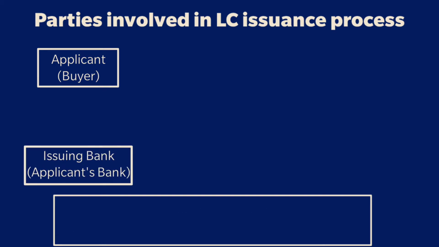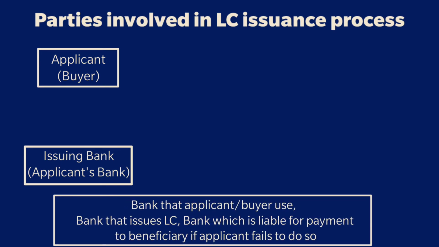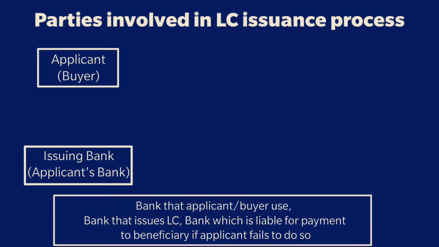Now, the issuing bank, which is also known as the applicant's or buyer's bank, is the one that issues the letter of credit on behalf of the buyer for the trade agreement or sales purchase agreement between seller and buyer. Further, the issuing bank forwards the LC to the advising bank to notify the beneficiary after issuance. Moreover, they are also liable to pay the beneficiary the LC amount, that can be full or a remaining amount in LC, if the applicant fails to pay.